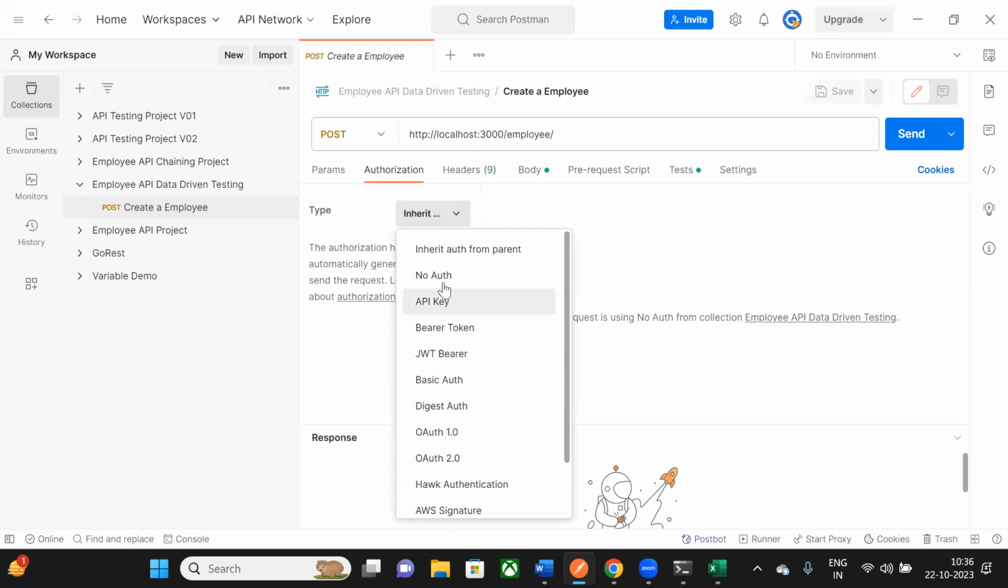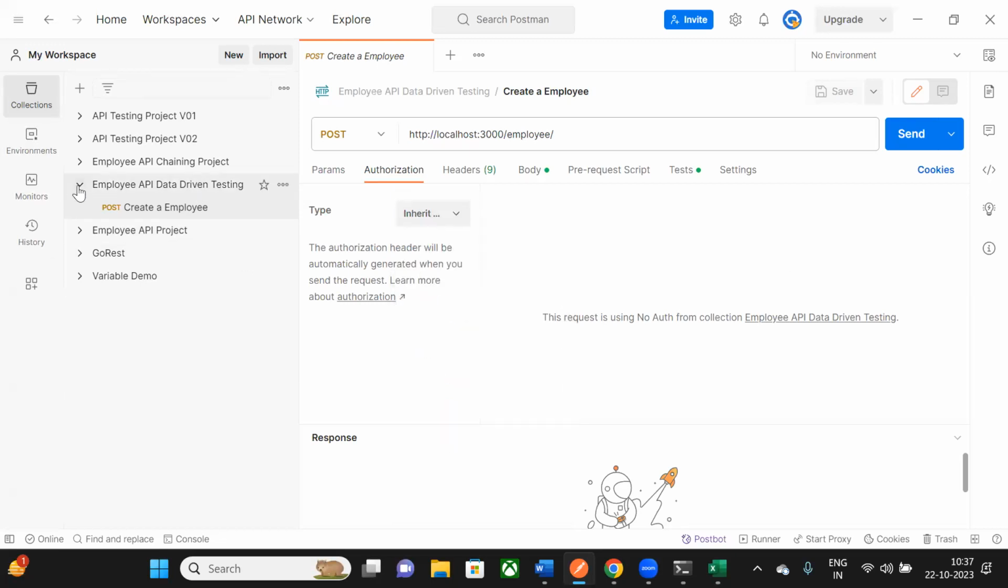So these are the various authorizations which we have, but in projects majorly what we use is a bearer token, basic auth, or digest auth. So I will try to trigger one of the requests, and we will use bearer token in that case. So we will see where to place the tokens and how we can get those tokens. So let me